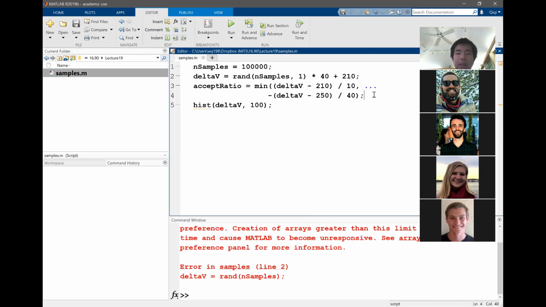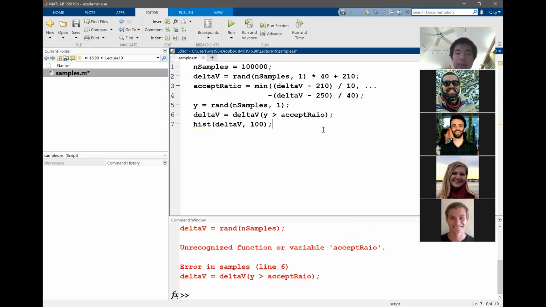After I compute this acceptance ratio, I'm going to sample another independent random variable, y, using rand samples. And I'm only going to select the samples where y is greater than the accept ratio. Now, if I compute the histogram of delta V with the accepted samples,